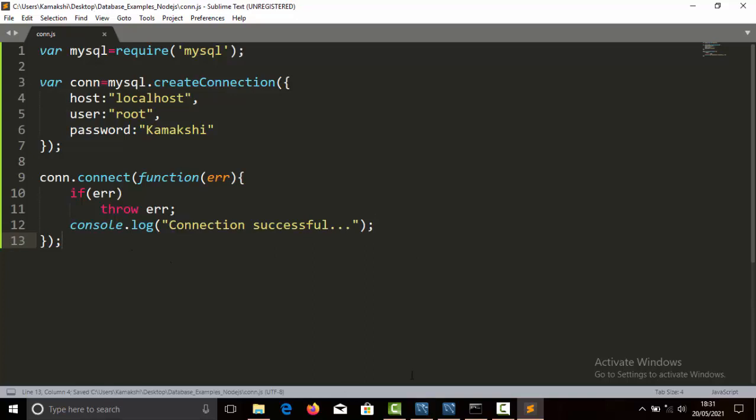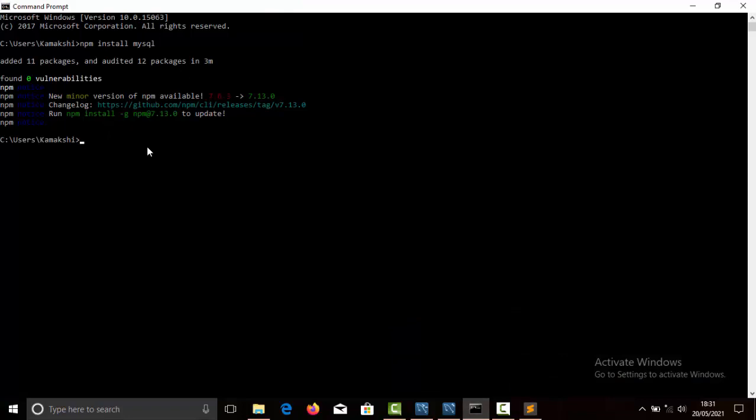Now here we have to run this file. In order to run it, first we need to go to the location where this file is placed. Since I have placed this newly created folder on the desktop, I'll get redirected to that specific location by using the cd command, that is change directory.